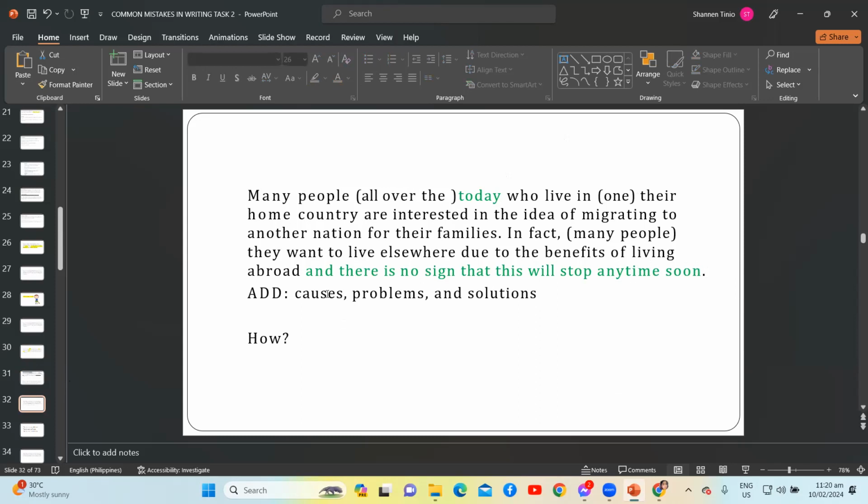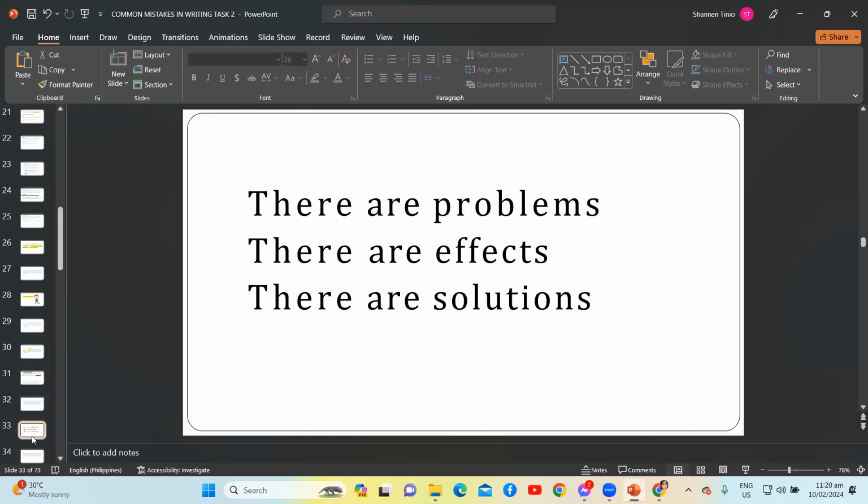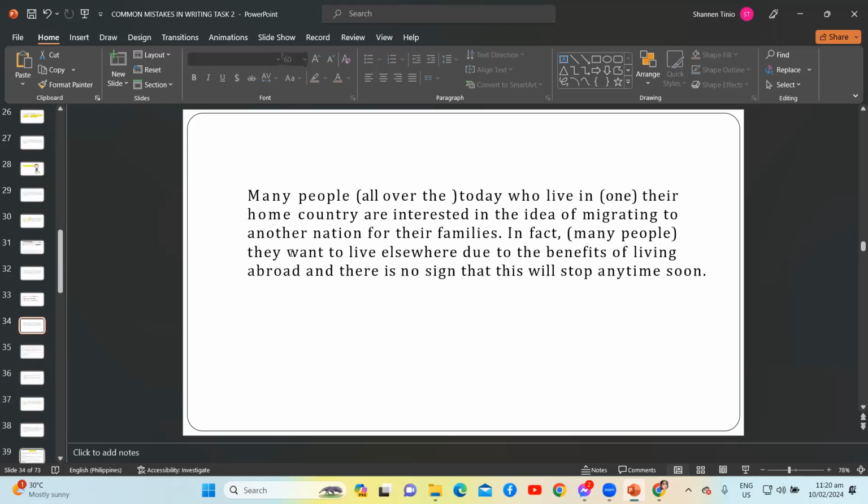Hindi pa yan complete. Kasi, ang hinihingi, causes, problems, and solutions. So, kailangan ma-provide mo yung mga hinihingi. Okay? Because there are problems, there are effects, and there are solutions. Kaya naman,